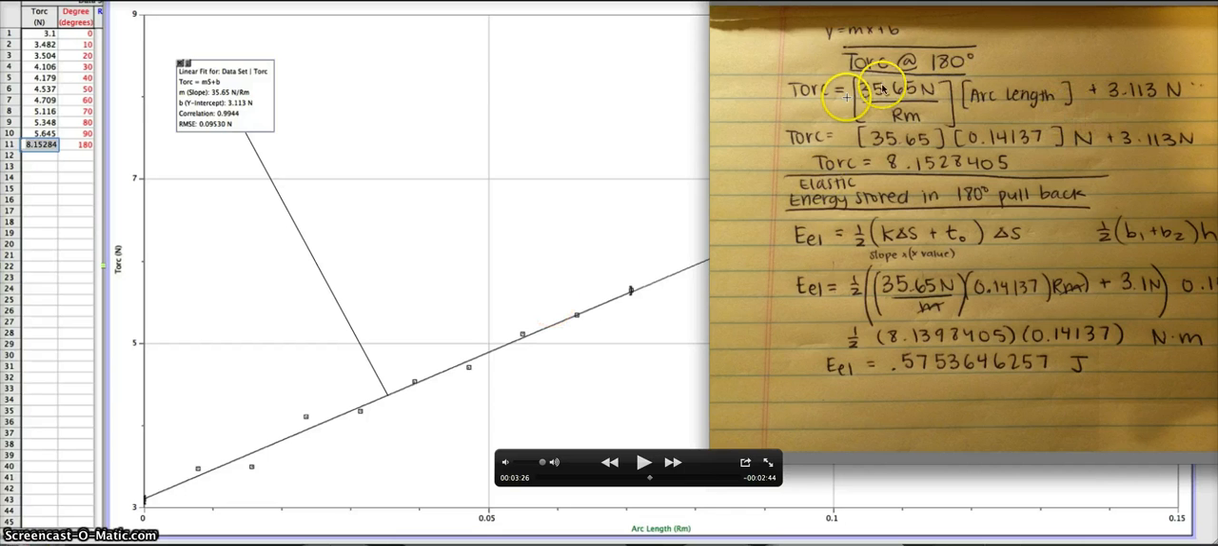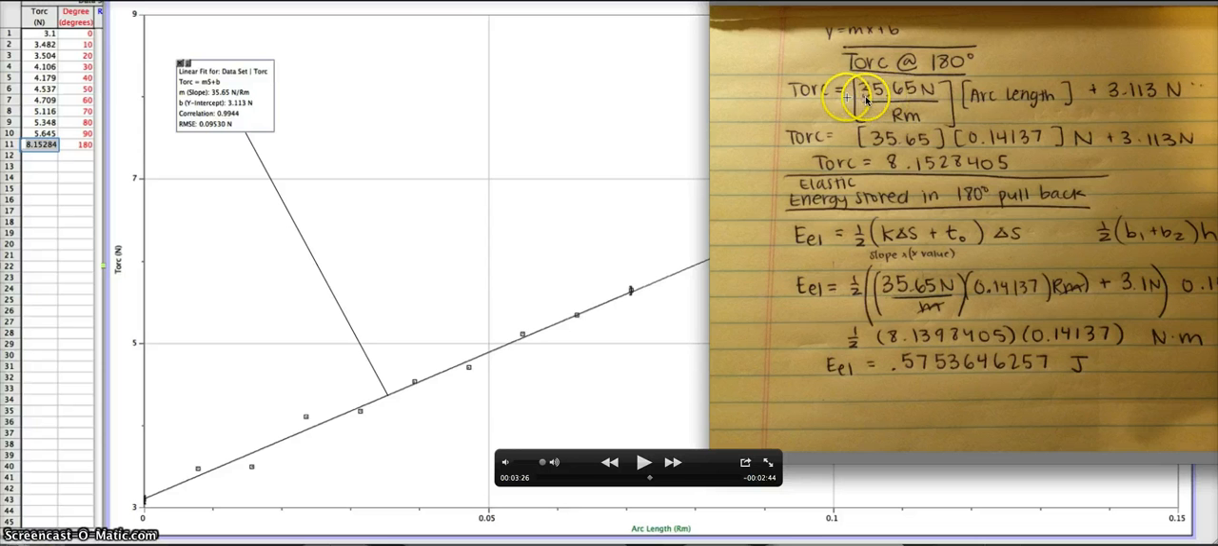So when we get our equation over here, torque equals 35.65 N/m times arc length. Basically, this slope right here is our spring constant. Like in a problem, if they said k equals 35.65, that's what it would look like. And that's because that's the rate at which this spring requires energy, I guess you could say. So for every meter you want to change the arc length, or in how you originally learned, every meter you want to pull the spring,